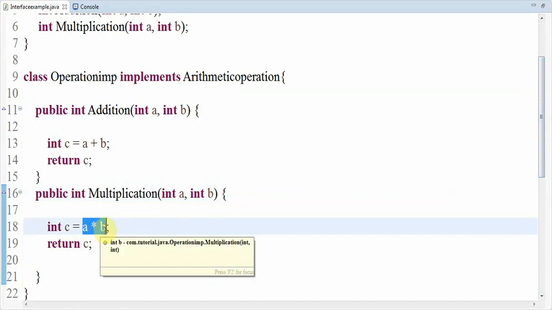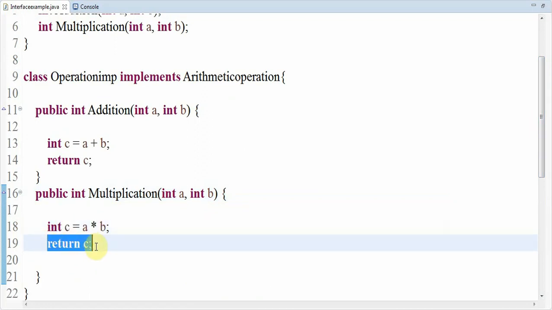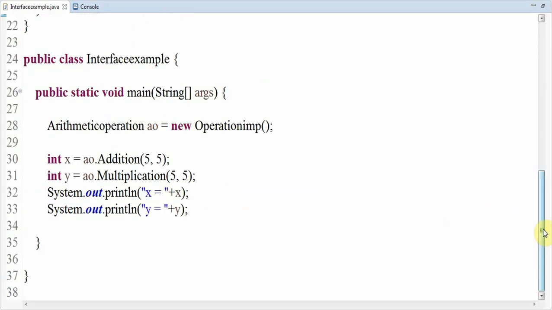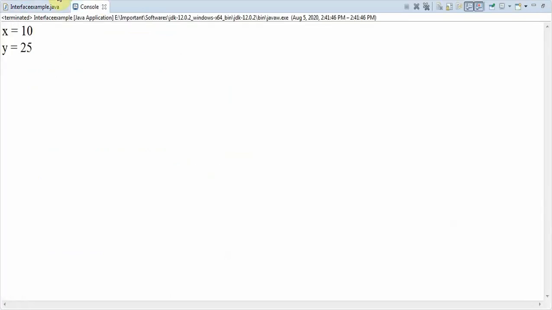So 5 into 5, 25, will be stored in the c variable, and the value of c will be returned, and when it is returned I store that returned value in the variable y. So now x holds the value of 10 and y holds the value of 25. I am printing those values x and y using System.out.println over here. When we execute it, you can observe x equal to 10 and y equal to 25.